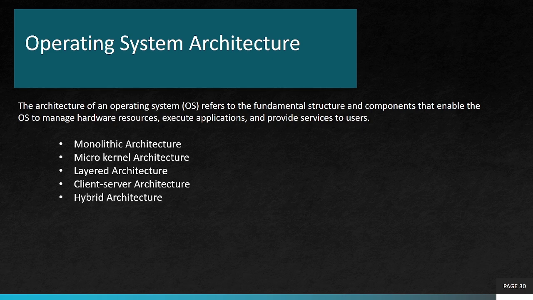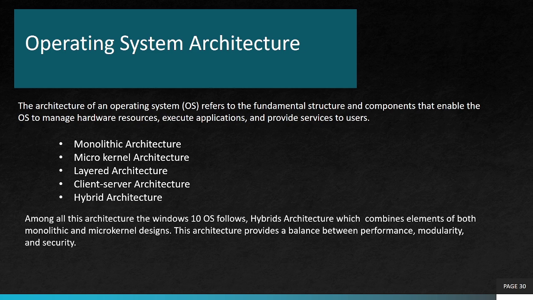So we have the structure of operating system. We have multiple kinds of architecture: monolithic, micro, layered, client-server architecture, hybrid architecture, and so on. Among all these architectures, Windows 10 works on hybrid architecture, which combines both monolithic and microkernel. Let's understand the hybrid architecture in our next slide. The hybrid architecture,